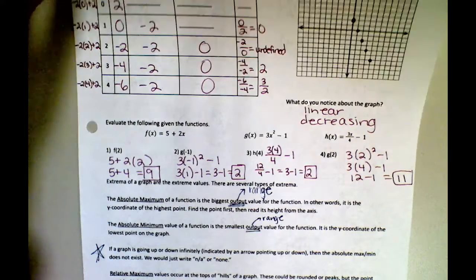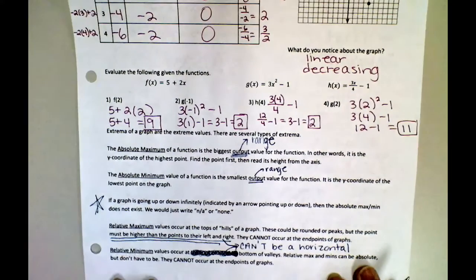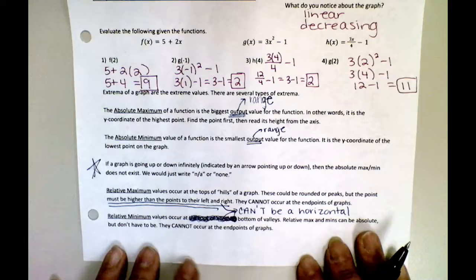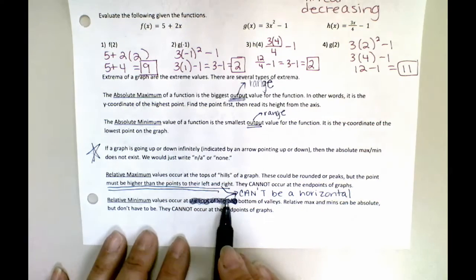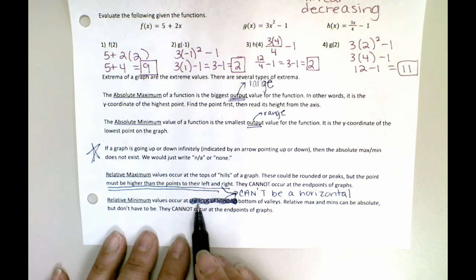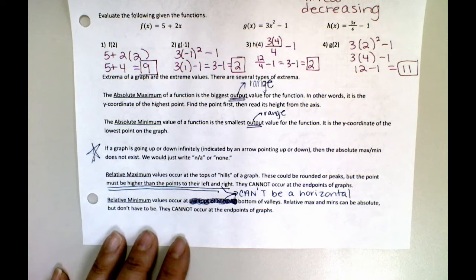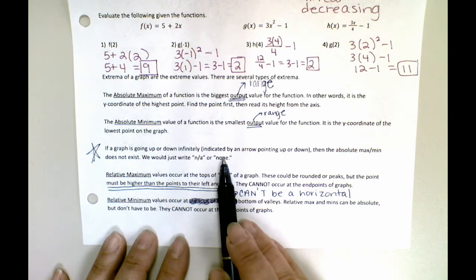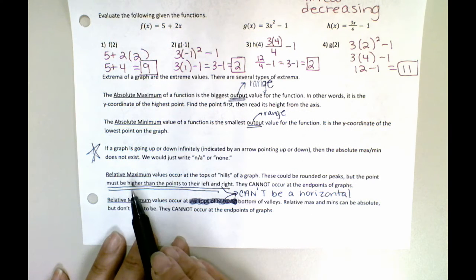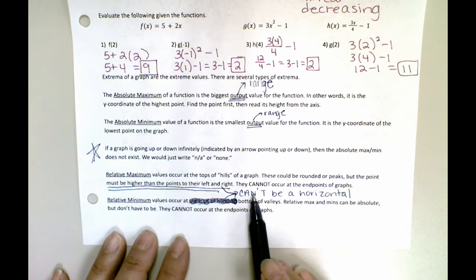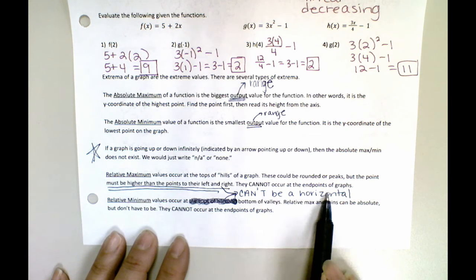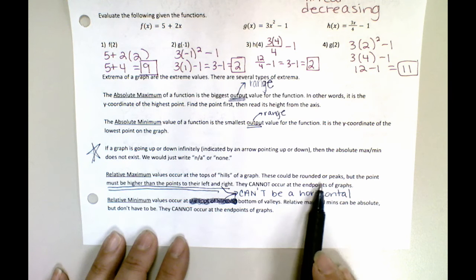Make sure that you have everything about these definitions that we wrote down in class corrected. Remember that we had this typo that we corrected, so make sure you did that on your worksheet as well. So remember, absolute max and min are the very highest and very lowest points on the graph if they exist. Remember, if there's an arrow pointing that direction, that means it doesn't exist. We write none. Relative max, relative min cannot be on a horizontal and cannot occur at the endpoints of a